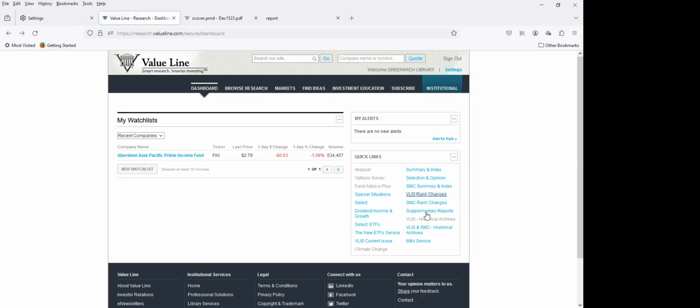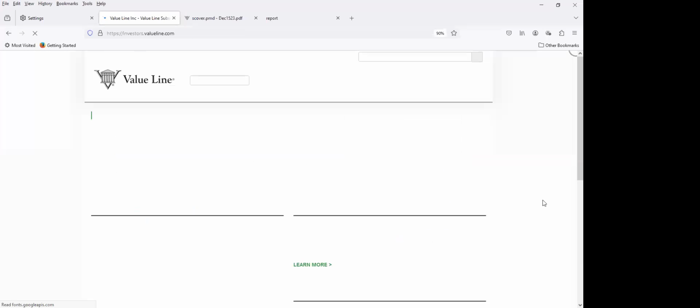And then you have supplementary reports. So obviously things can happen in the financial world on a given day. So if there's any newsworthy information for a particular company within our universe that should be made mention,